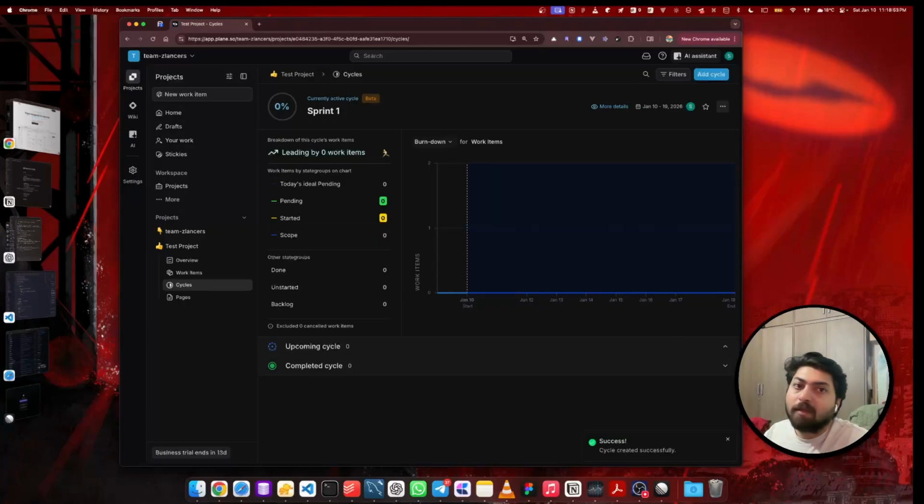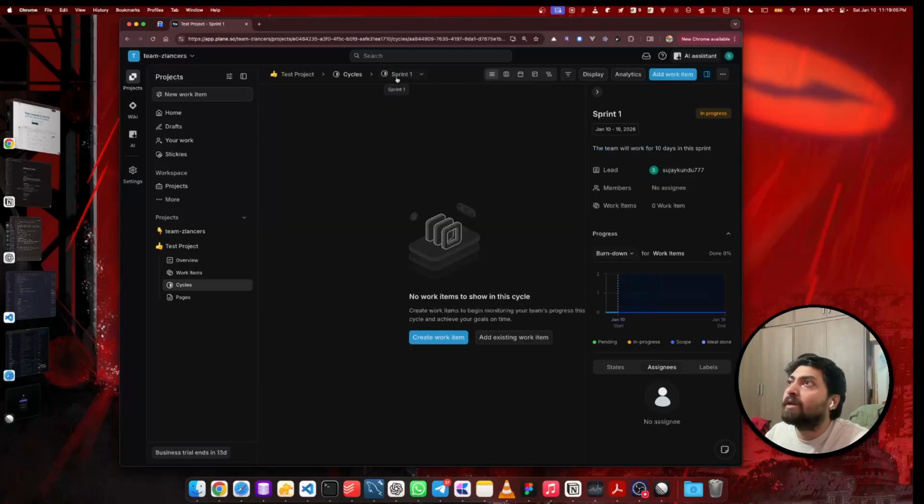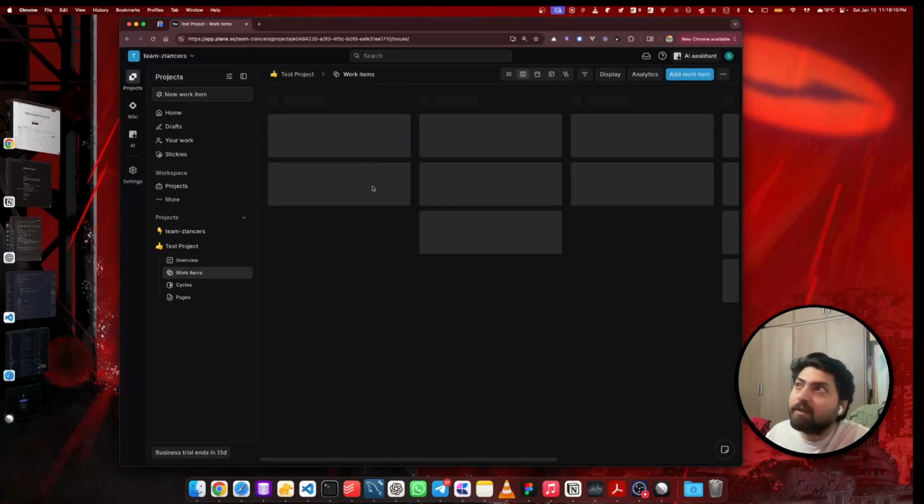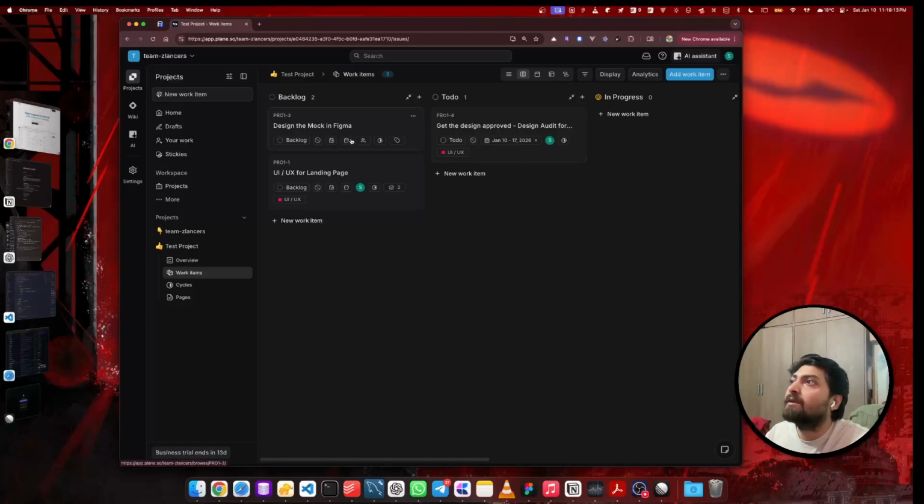And as you can see, you've got the burn down chart, build up chart, everything down it, and whatever the sprint task will be, it will show here, right? So let me go back to our test project and add this task that we have created